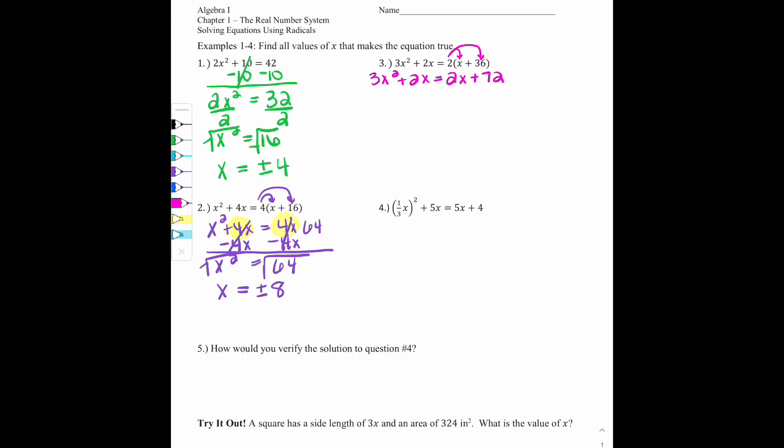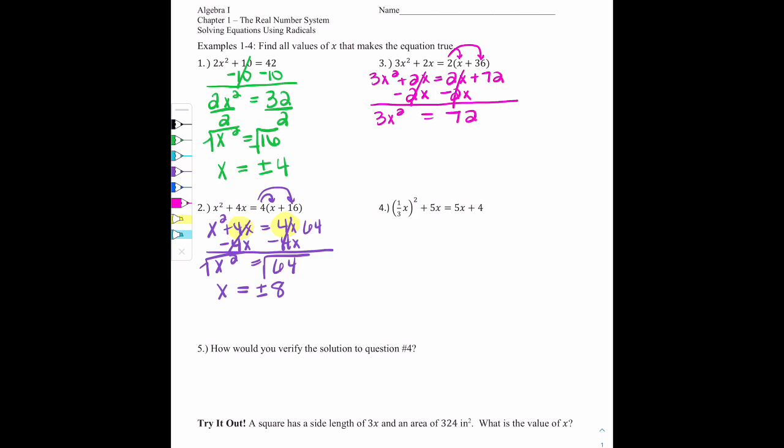Now we have variables on both sides, and I'm trying to get the x squared alone. So I'm going to get rid of the 2x that is on the same side by doing the opposite and subtracting 2x. Whatever I do to one side, I must do to the other to keep it in balance as an equation. So I get 3x squared,